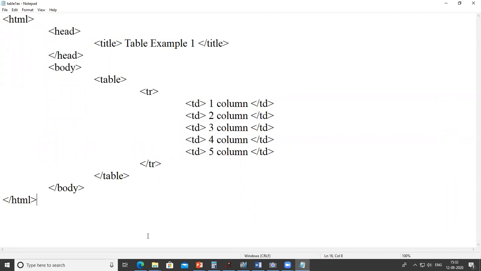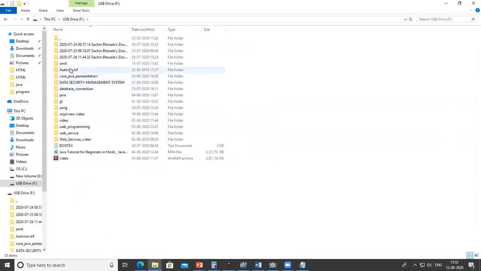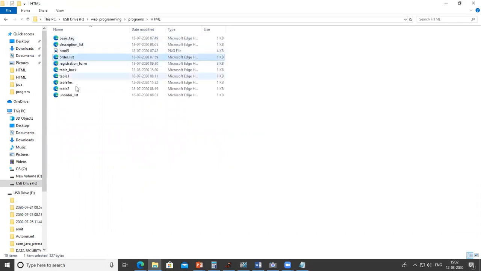To run the program, we have to go where we saved our program: web programming, programs, HTML, table one example. And here we get the output, a table. This is the first column, second column, third column, fourth column, and fifth column.